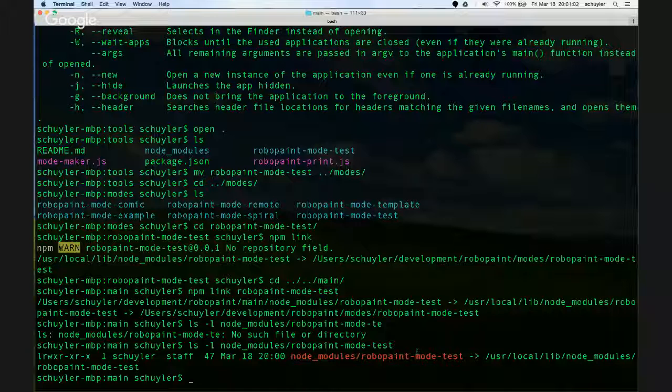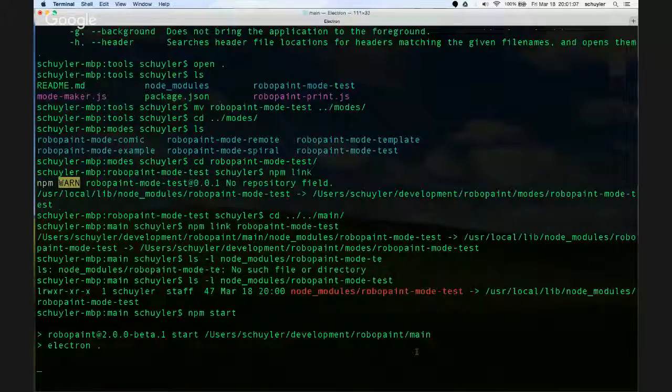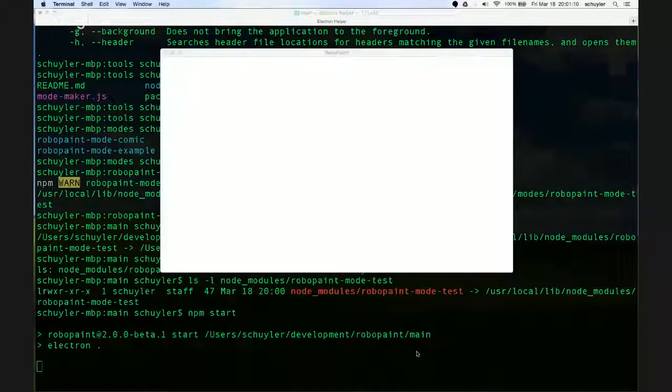Okay. So the other thing, now if I run this with npm start, you need to restart Electron for it to load the nodes due to the way it's designed, or restart RoboPaint, not Electron. So when this starts,